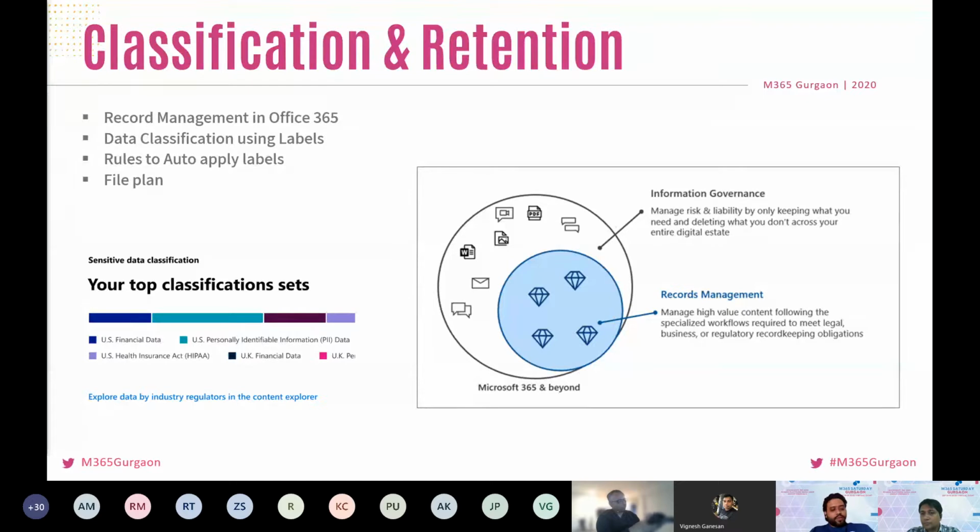Then we have to apply a label. There are two approaches, automatic and manual. In automatic, we can define the retention label plus what type of sensitive info we need to apply that label on, and then if that condition is met, like this document contains this kind of sensitive info type, it will be auto applied on the document which matches that type. And for manual, we can publish the sensitivity label to specific areas, and then the user can manually apply those labels to the document.